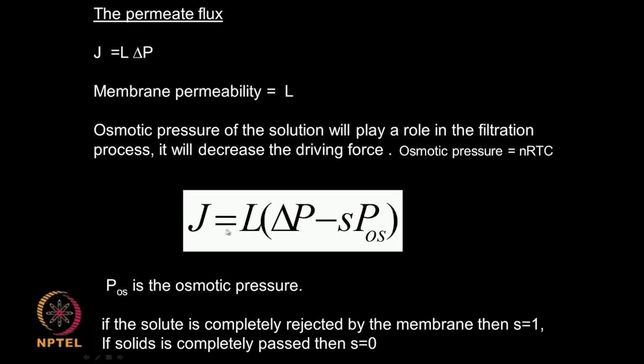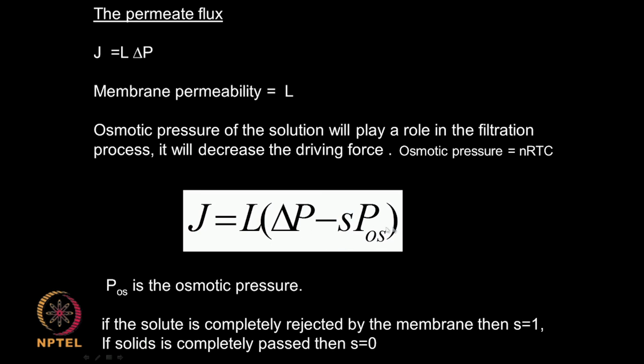So, J is equal to L delta P minus S delta pi, where pi is the osmotic pressure given by, if you remember, Van 't Hoff's relation, nRTC, with R the gas constant, T the temperature and C the concentration of the salt. S, if S is equal to 0,